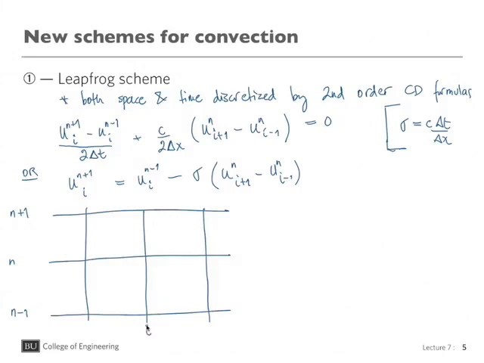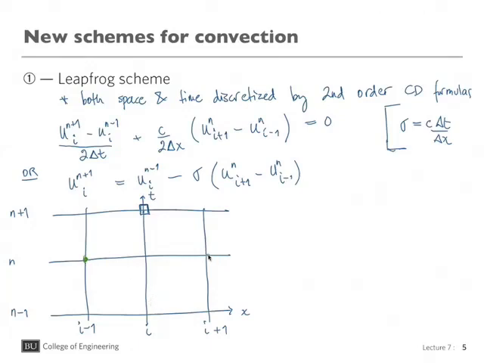And this would be point i minus 1, and i plus 1. And notice now that we're getting the solution at n plus 1. So this is time, and this is our one-dimensional domain, and we're getting the solution here, in this point, u_i^(n+1), by using the solution,